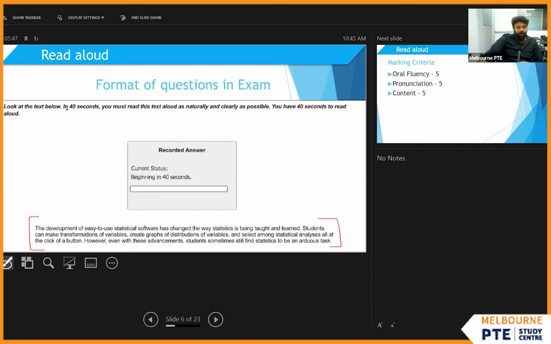Like if you guys have seen here, the statement says in 40 seconds you must read this text aloud as naturally and clearly as possible. Okay, and if you see here, this also says beginning in 40 seconds. So what this is actually representing is your preparation time. Okay, this is the time you have to go through this passage,